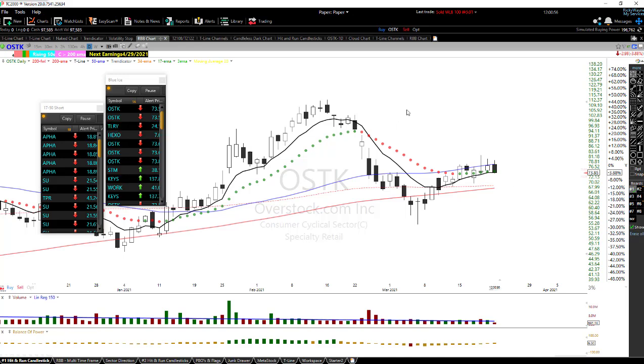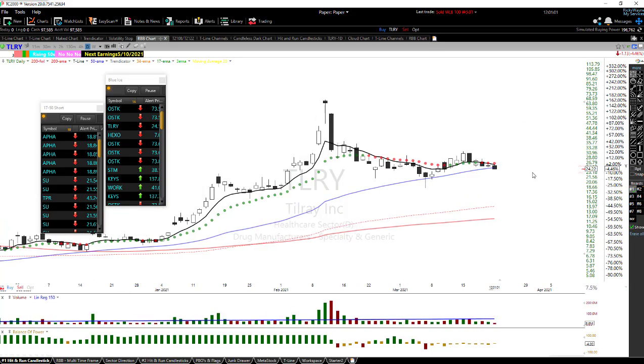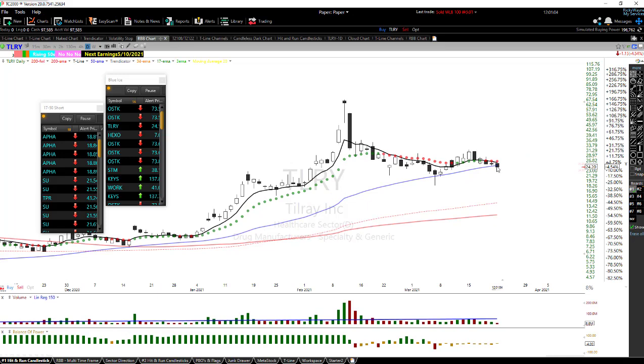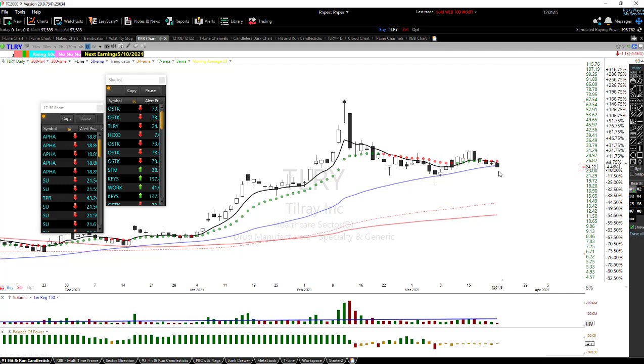I see Telray is showing up. Let's look at Telray. So here we've got failing of the 50 period moving average. We've got 52% to the 200. From there, you can do any other chart work that you might want to do. You know, the fact we're under the trend line, Trendicator here. You might look at price action, you know, other things to make your entry, but it's giving us that chart right there. We'll look at one more,